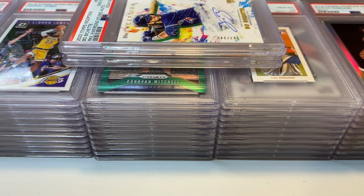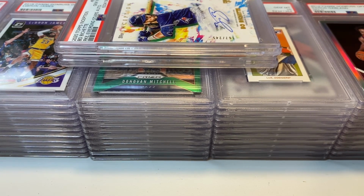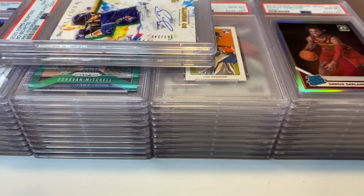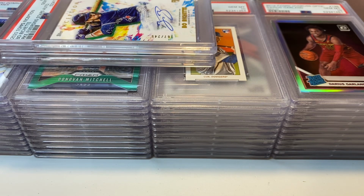But again, the last order I got was 50% gems, and the word on the street from people who submit tons of cards has been that during the shutdown of PSA, while they've been working through their big back order, people have been getting like 25% gems on orders where they are submitting things that they think are all 10s. Now, you never can tell if maybe they're running out of truly 10 cards and are just submitting more cards that they are not as sure about. But I don't know. I've always submitted the same kind of quality of cards, at least that's my intention. So for there to be a different gem rate on any of my orders, I always feel it's a subjective kind of thing. But anyways,